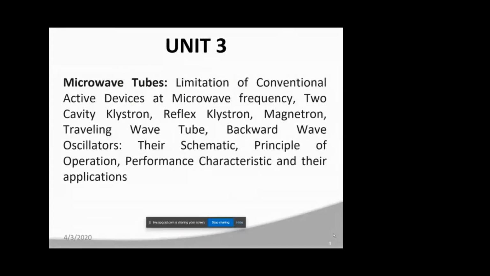Now, today we are going to discuss this theme. We are wrapping up unit number 1 and 2 that we have seen in the classes so far. In unit number 1, we have seen the rectangular waveguides, circular waveguides and various kinds of waveguides. Unit 2 covered various kinds of components, that is, the structures. Now in this unit 3, we are going to discuss the microwave tubes.